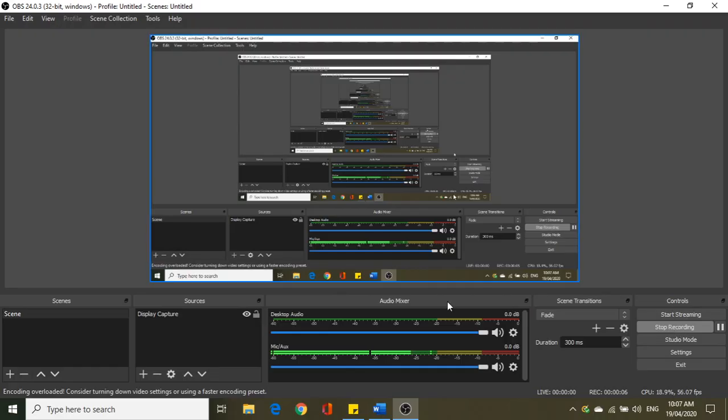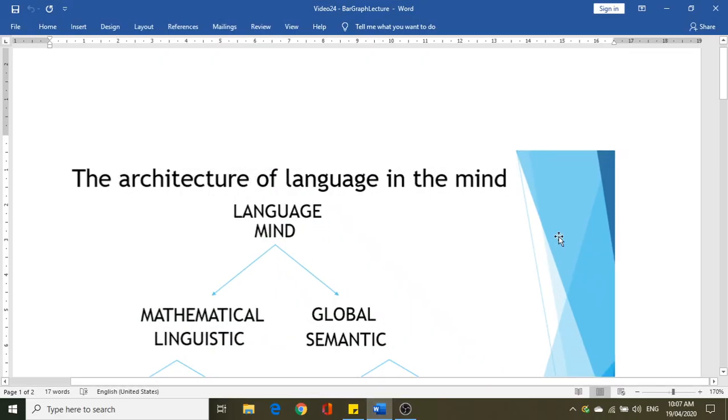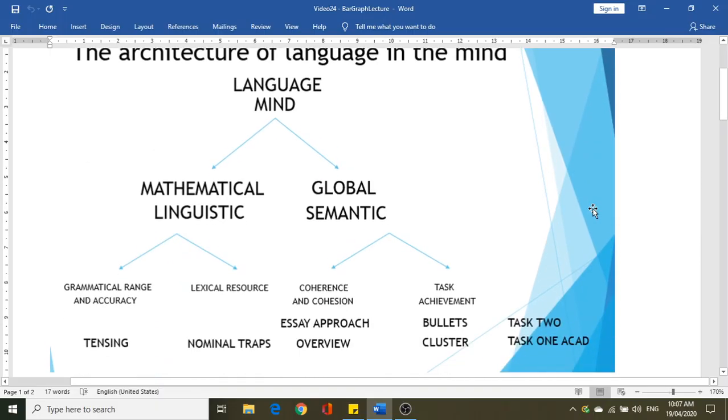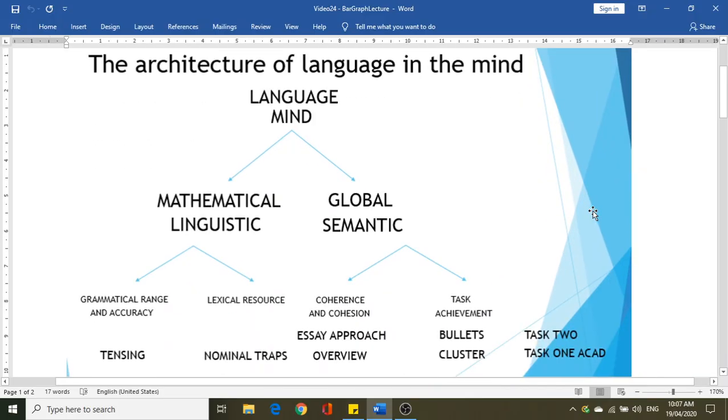We are now already in video number 25, and as promised, this video is going to talk about bar graphs. So, before sampling a bar graph that I found over the net, again, just going back to this illustration of how scoring is actually determined in the IELTS exam,